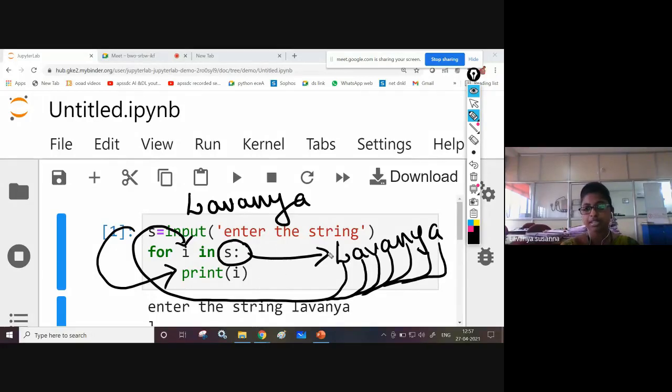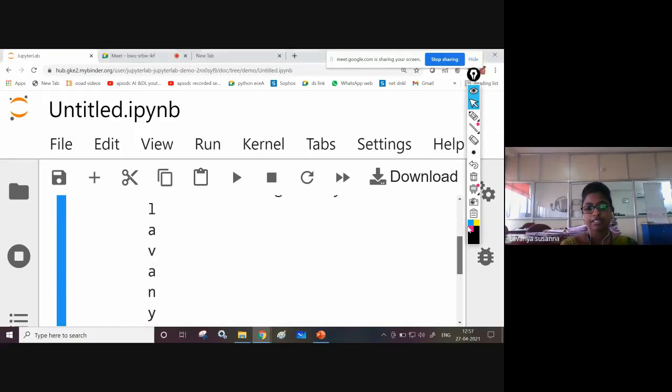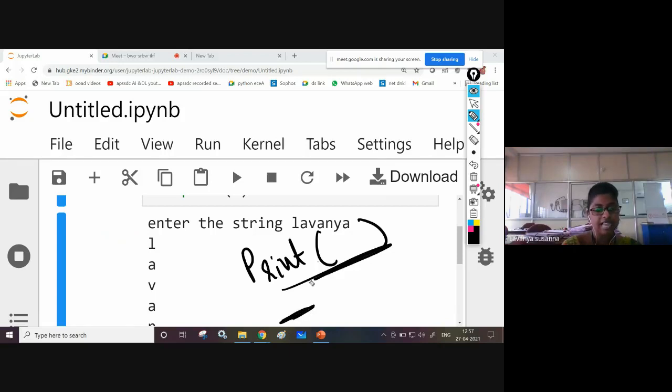Now see how it is printing. Character after character you are getting, right? Once again, see the output. First L is printed. Remember that after printing, the print function will throw the cursor to the next line. No need to give slash n or anything. Automatically the print function moves the cursor to the next line, so the next output will be printed on the next line.